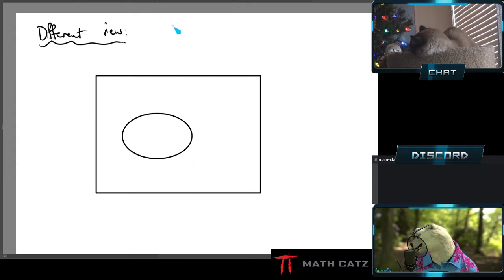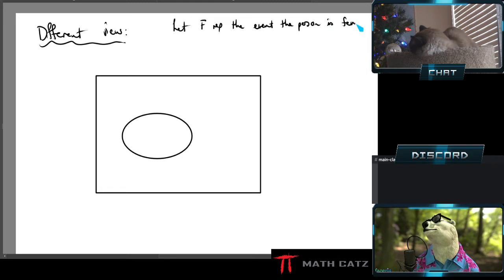I could say, let F represent the event, or set, it's the same thing, that the person selected is female, and this will be my F. I'll put it sort of on top of the circle. I don't need a circle for male as well, because this is the sample space. The outside will then be the other option based on this question, male. So by having one circle for female, all the females are inside and all the males are outside.